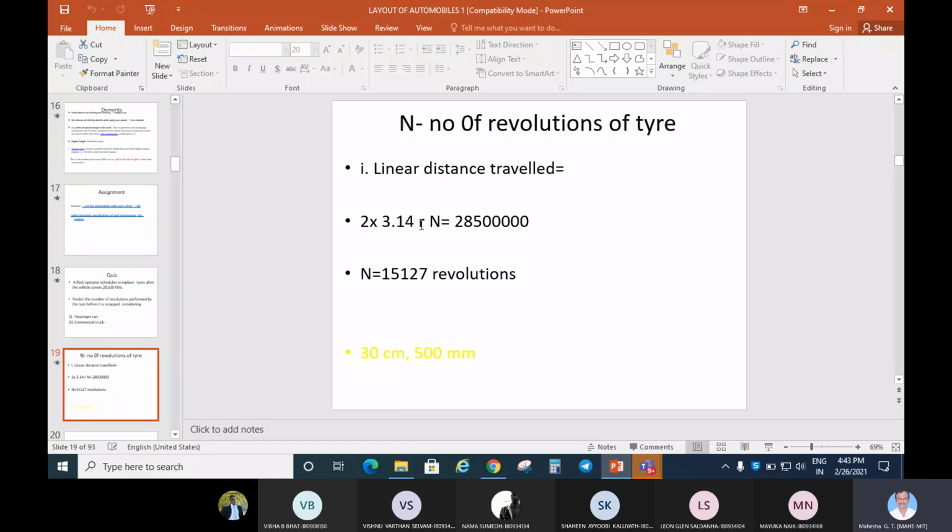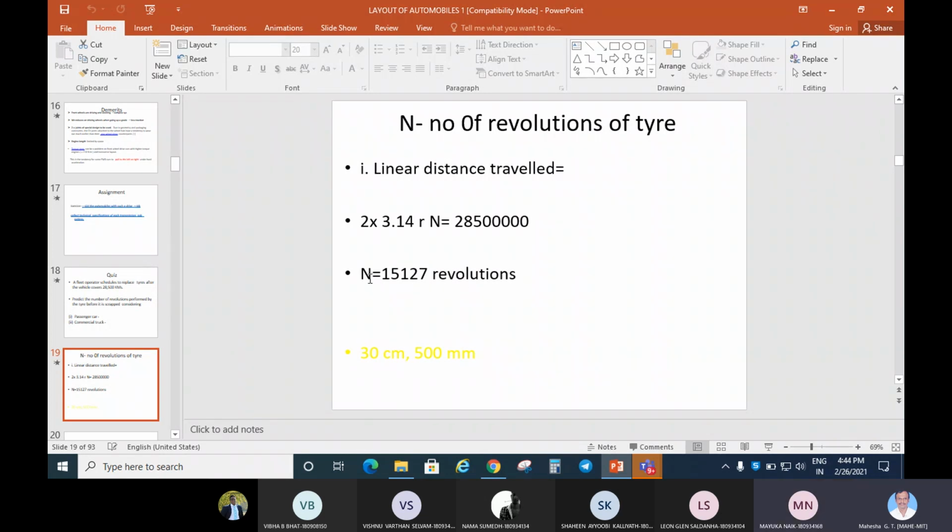Then n you can find, or you can fit suitably, whether it is 60 centimeter or 1020 mm, depending upon the case. First case it is 60 centimeter. Convert that into meter, because I am using the meter system everywhere. Be consistent, left hand side, right hand side, same system you have to adopt. R is 30 centimeter, which is equal to 0.3 meter. 0.3 you have to put here for the passenger car. Are you following, each one of you? Yes, sir. Yeah, 2 into pi into r. R is 0.3 you put for passenger car, in meter. N is the unknown. Find out n. Then I think you will end up getting this?